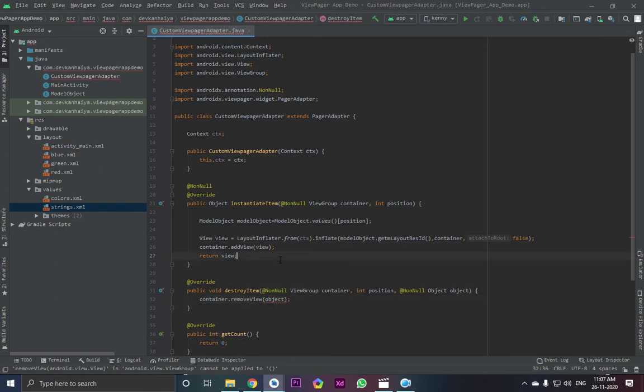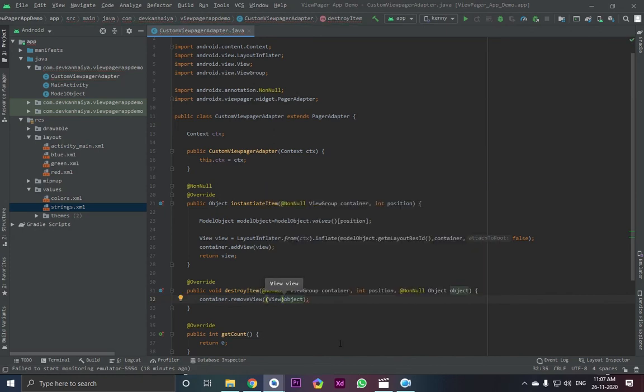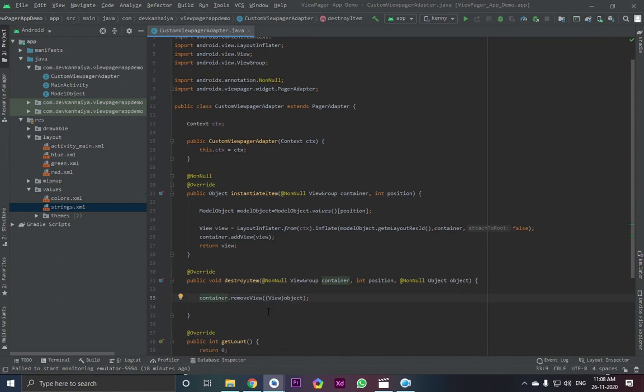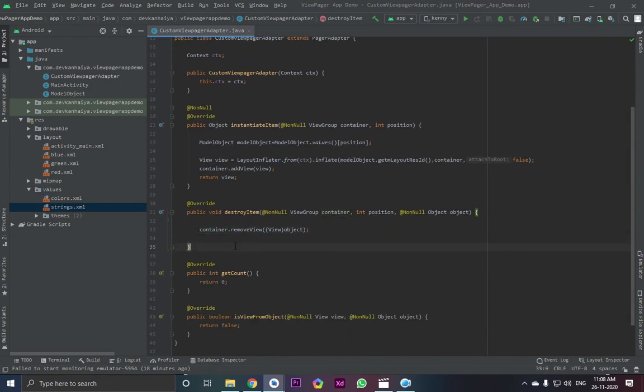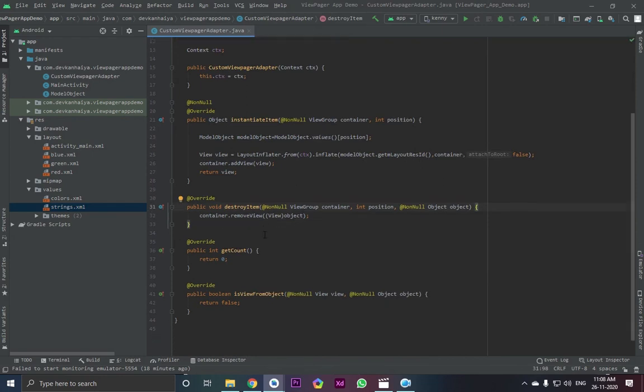So let's see, showing here. So we need to cast out as a view. So object is as a view, just like this. Now once you swipe from one page to another page, the first page will destroy, so the data will remain here. So it's like a life cycle, as you learn in Android Studio or Android course. It's called life cycle to preserve the data for another. So that's why we destroy another file.